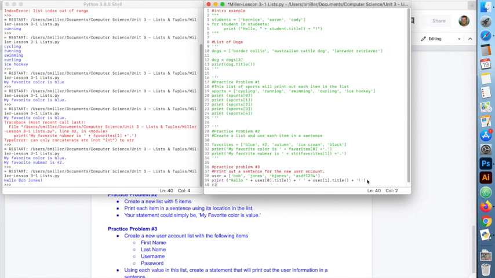Print, your new account has been created. Your username is plus user 2 plus